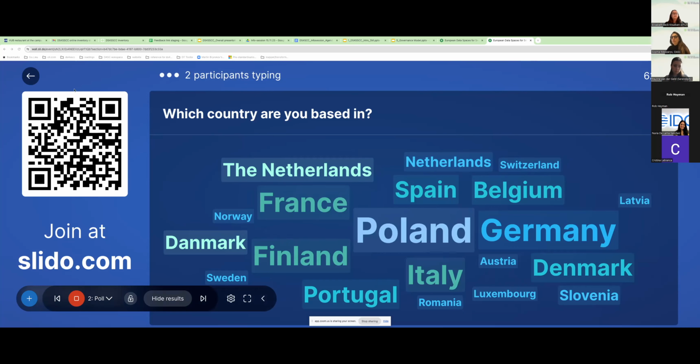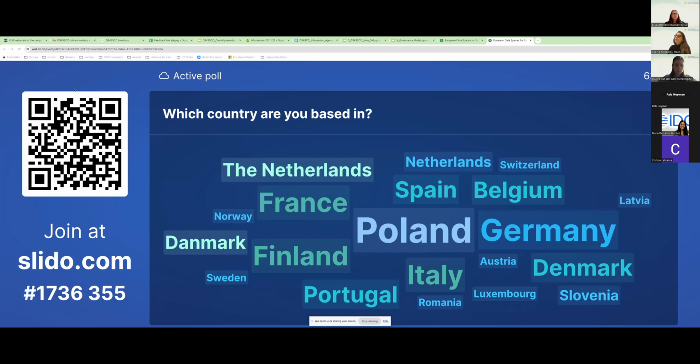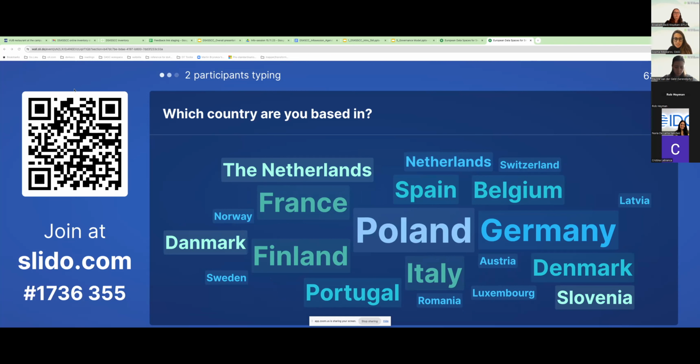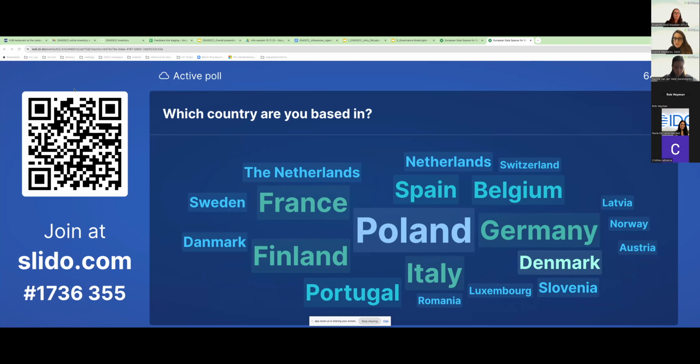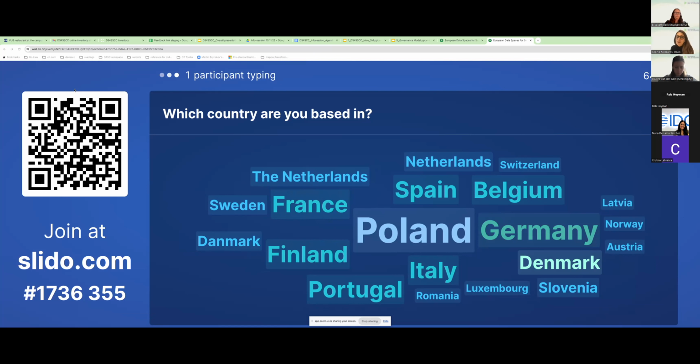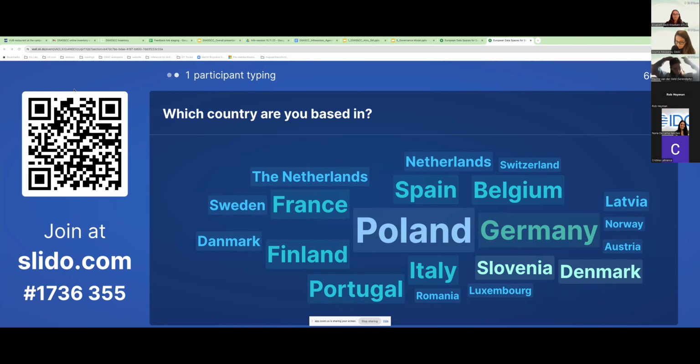For those of you who just joined, I just admitted a couple of people. We are just doing a round of introductions. So if you want to quickly scan the Slido to participate in this getting to know each other exercise, which is, as I mentioned earlier, a bit tricky with this many participants. So that's why we use Slido. But in smaller groups, we are happy to get a space for a bit more informal introductions. See, there are still people typing.